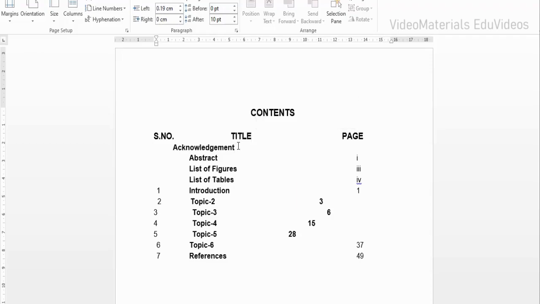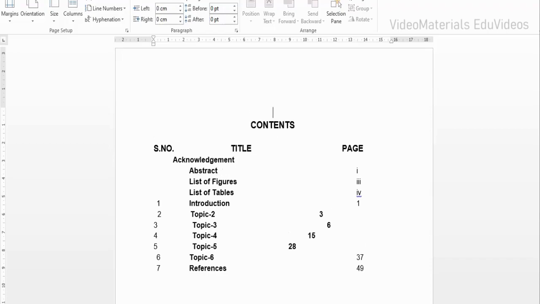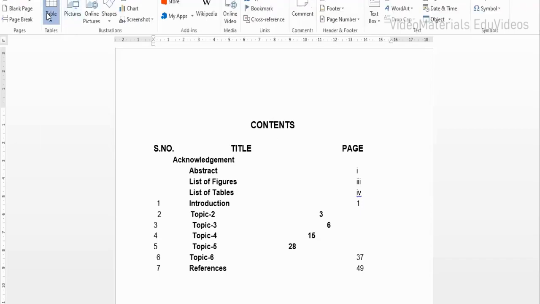Likewise, if you provide tab spaces at each and every line, we cannot justify the content as accurately as possible. So for that, I'm going to take the help of a table. I'm inserting the table in the document by clicking on the insert menu, table.